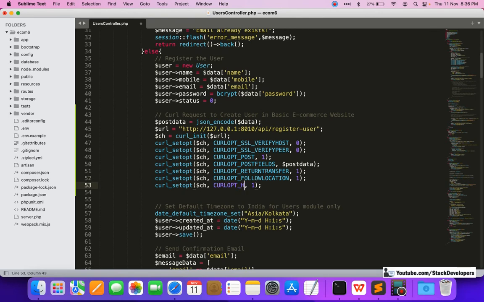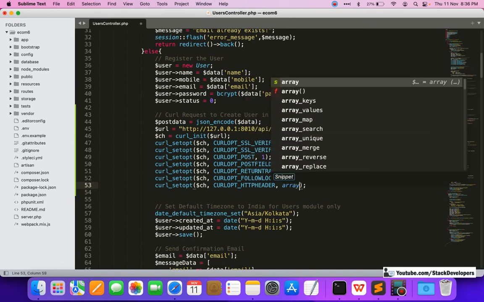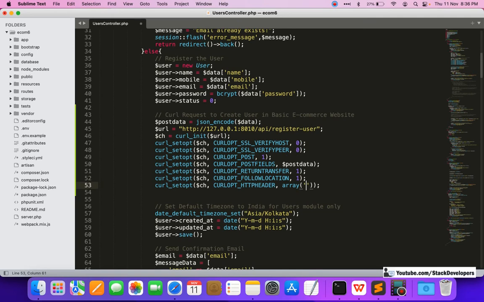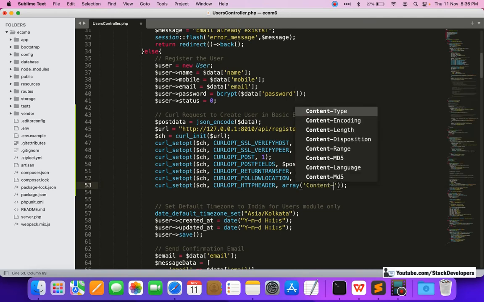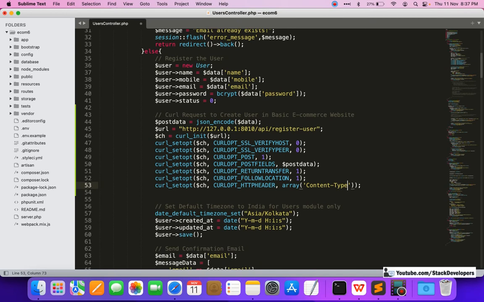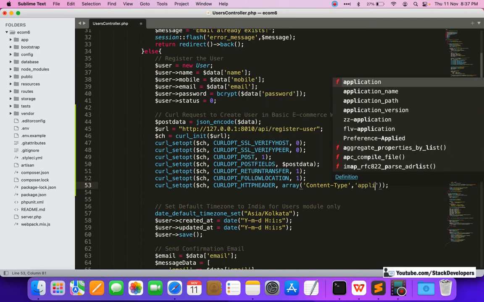For this one we want to pass an array: content type, application json.